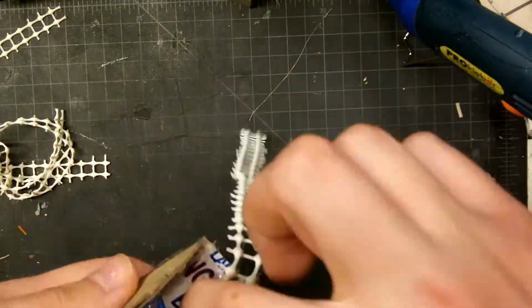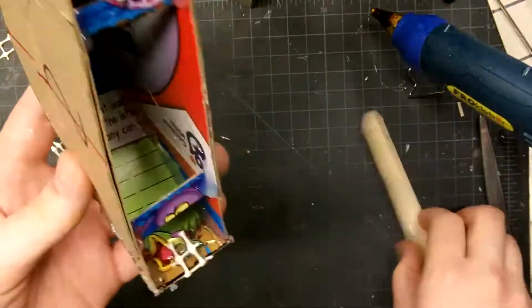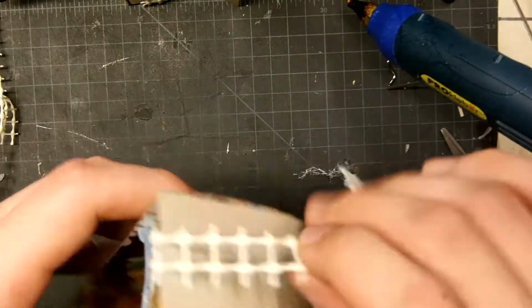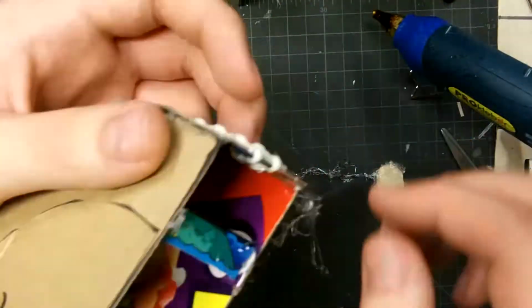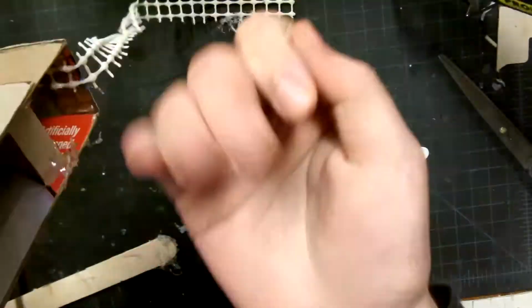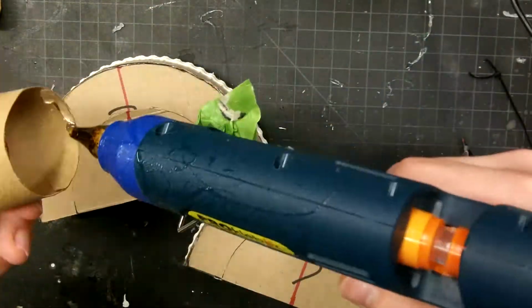And I just glued the ends of the non-slip mat onto the semicircle. This didn't really work out too well because the non-slip mat could slide around and be uneven. But it doesn't really matter. This piece isn't going to be handled too often. Also, be careful when you're gluing these in, because you can burn yourself very easily, because I did that multiple times. Then I glued the paper towel roll